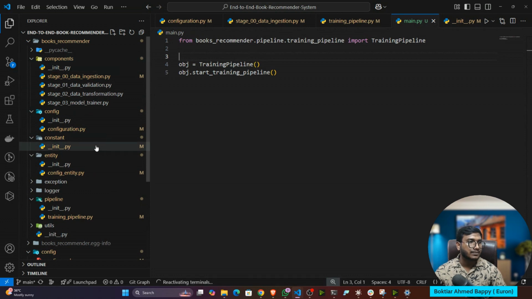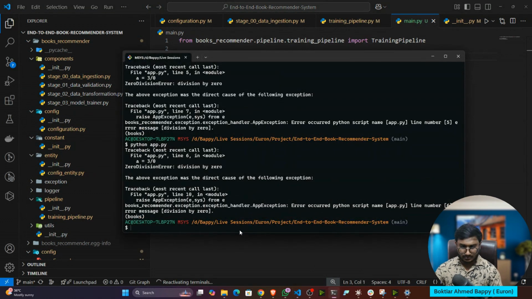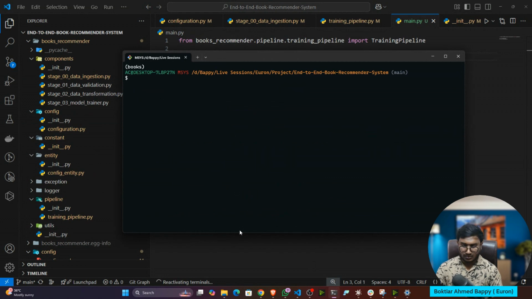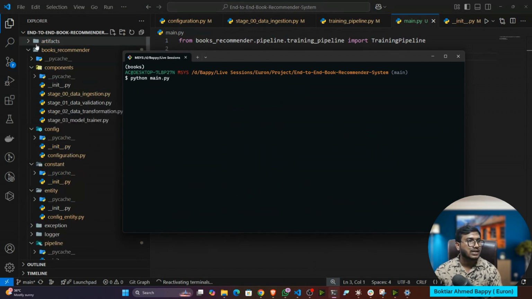Let's check, guys. Okay, so now see, artifact is not there. Now if I execute the endpoint, so python main.py. Now see, artifact got created. Now it is downloading the data from the URL.